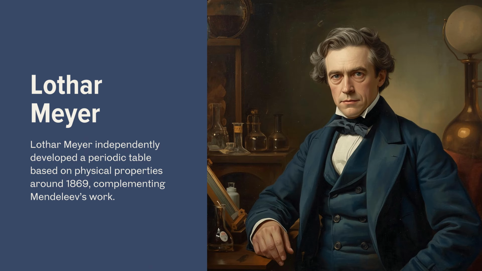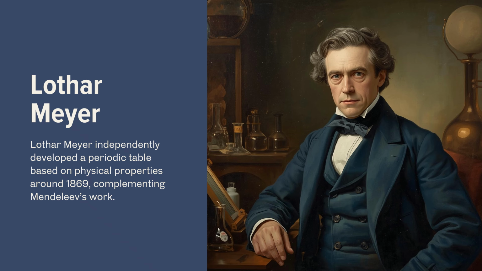Precisely. He famously predicted the properties of 3 elements in particular, calling them Eka aluminum, Eka boron, and Eka silicon. Eka meaning one or first step away in Sanskrit. And he predicted more than just their atomic weight. Oh yeah. He predicted their approximate atomic weight, sure, but also things like their density, their melting point, what kind of oxides and chlorides they would form, how they'd react, really specific chemical and physical properties.